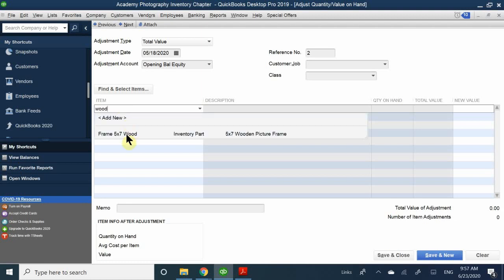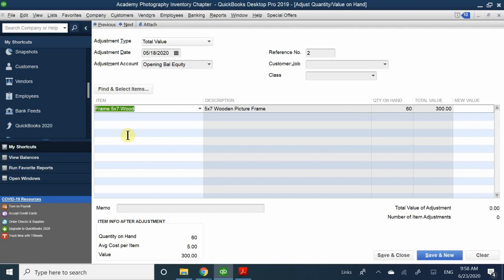Even though it's very expensive to do the wooden frame, the wood actually got more expensive due to the lack of wood. So I'm going to say it jumped up $50 in total for those 60 items. And what happens here, if I were to do 350 and I click,